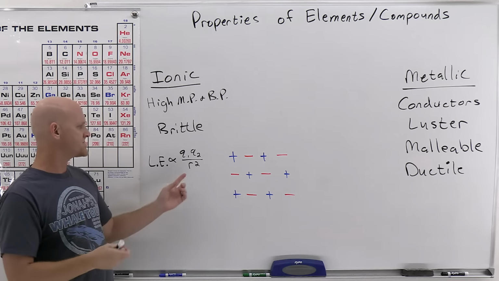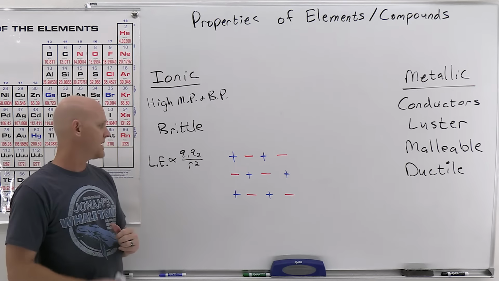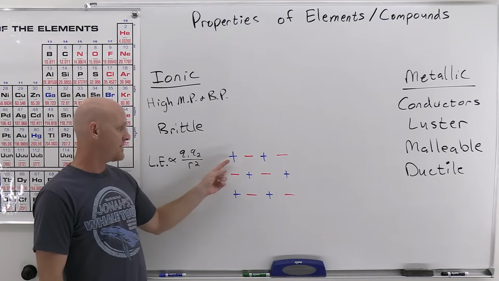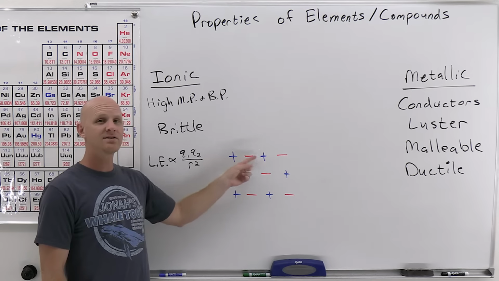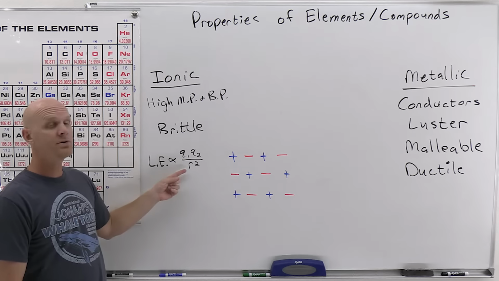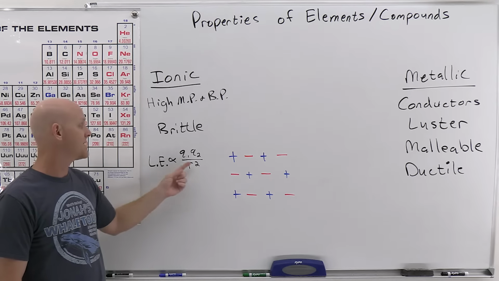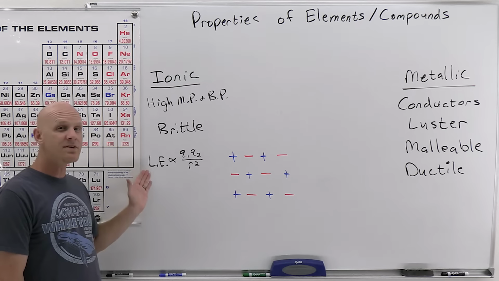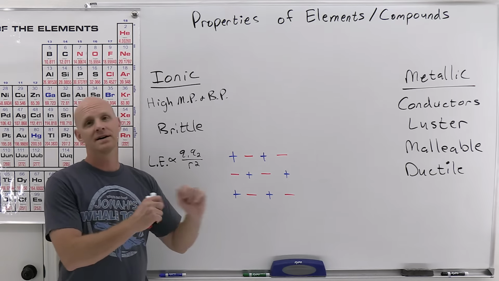And then inversely proportional to the distance between the charges squared. So it turns out that the more positive and the more negative your cations and anions, the stronger the attraction between them. And then the closer they are, which usually means smaller ions, the stronger the force between them. And a measure of that's going to be the lattice energy, and we're going to see that in chapter 8